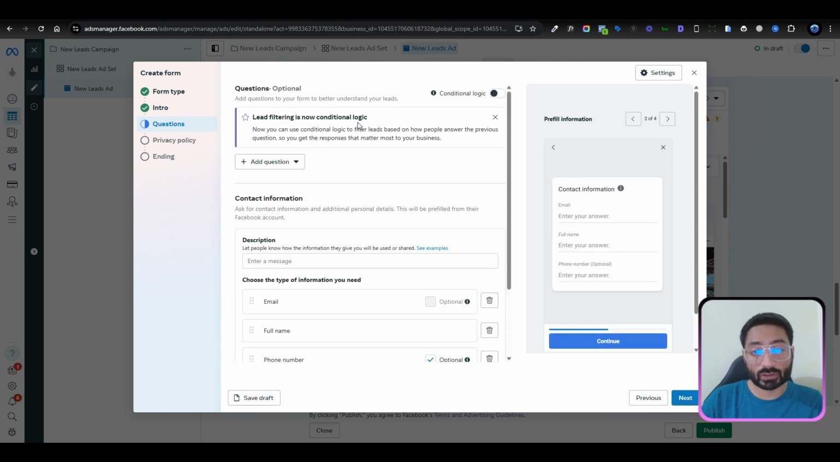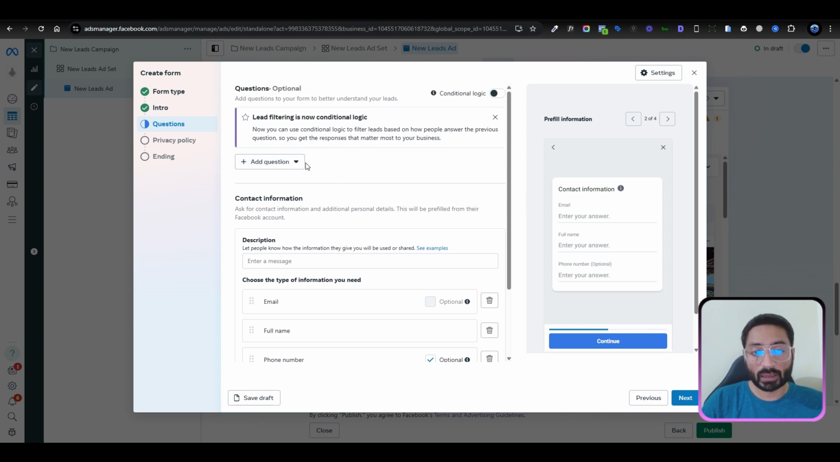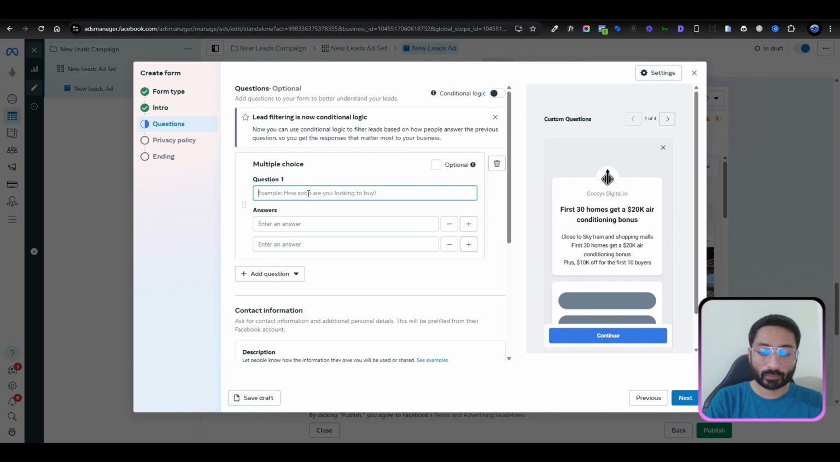And in the questions, it is really important. Most of the time, people complain that they are not getting quality leads from their lead form. So there are two ways. The first one is adding conditional questions and questions which qualify your lead. So how you can do it is by adding a question here, and you can say, let's say, what type of